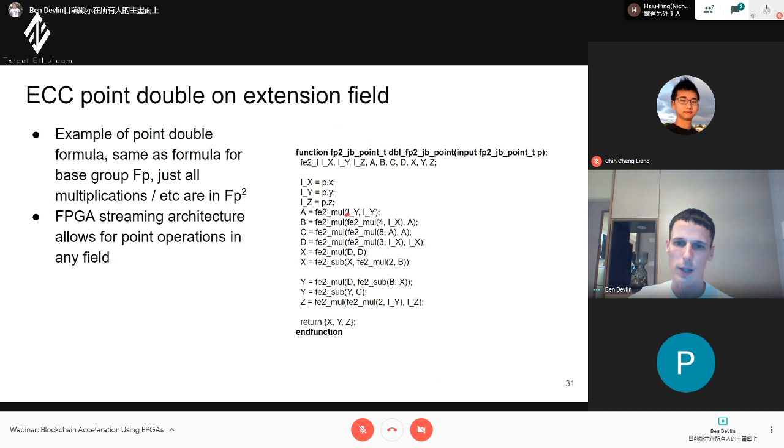It'll have equations, and each one of these is an equation. And we say, once this equation is finished, then this one can go. And you'll see if we're operating on the FP2 extension field, our multiplications just become FP2. This lets us use the same equations for different extension fields, and we can reuse a lot of the FPGA logic.